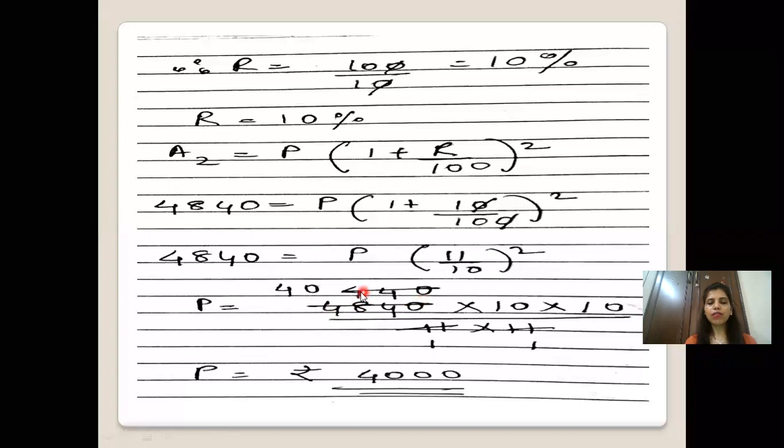So what I'll do is 11 fours are 44, 4 carry over, 11 fours are 44, 0, 11 ones are 11. Again, you can divide 440 as you can check over here. 11 fours are 44. So there's no need of checking it with divisibility test. You can see it roughly. So here 11 ones are 11, 11 fours are 44, 0. Now once you get 4 over here, you directly write 1, 2, 3 zeros after 4. So that is how you get the principal amount as 4,000.